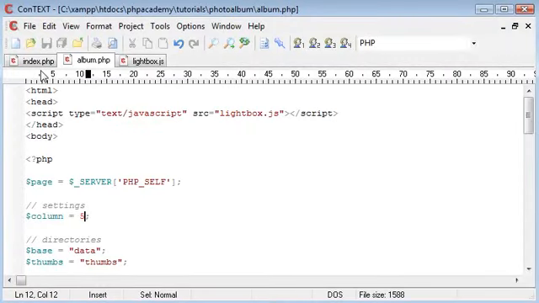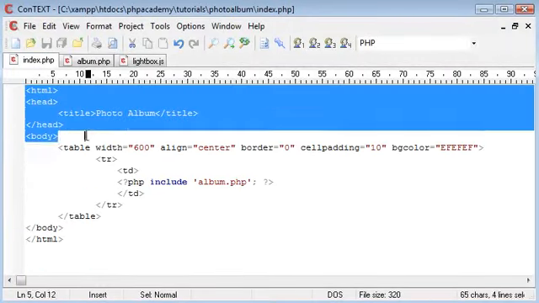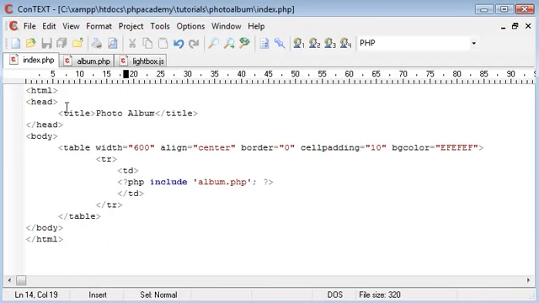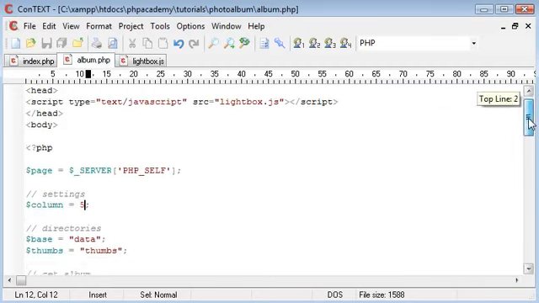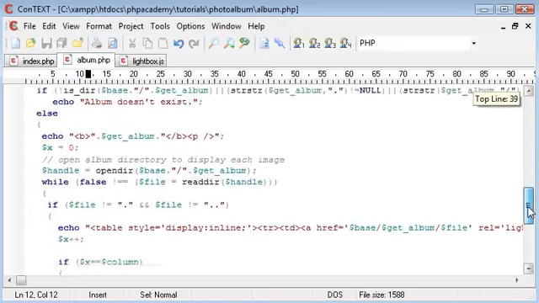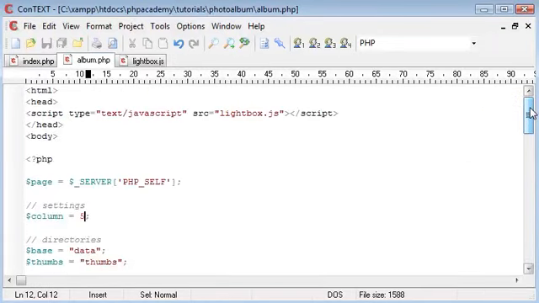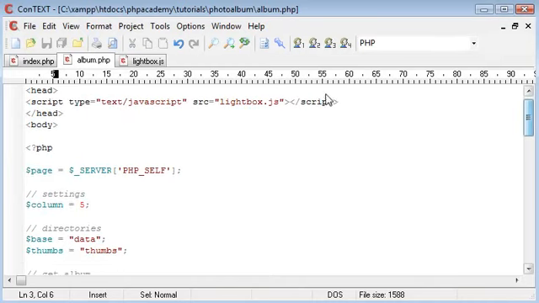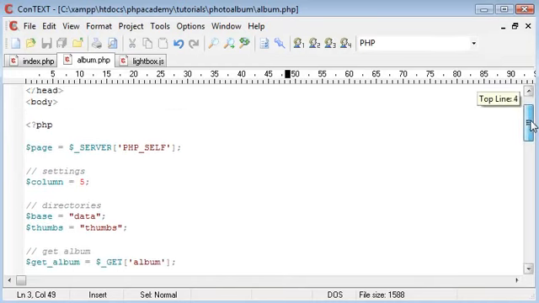I'm going to come into the code now. Like I said, I've got my index.php. This can be any page that you already have. All you really need to work on is album.php and creating this code. And like I said, it looks complicated, but once we create it piece by piece and put it all together, you'll realize that each individual part of it is actually quite simple. Okay, so we're using LightBox, so this is the standard LightBox include for the JavaScript script,